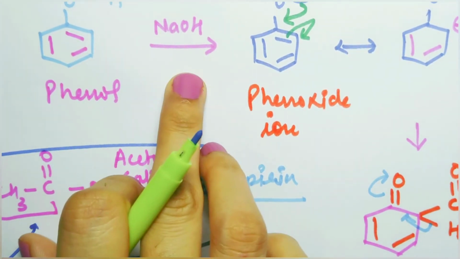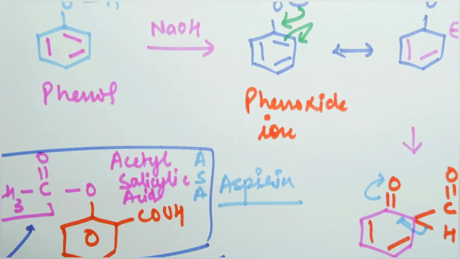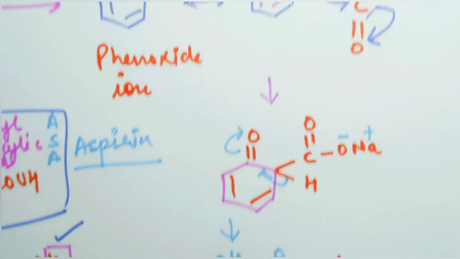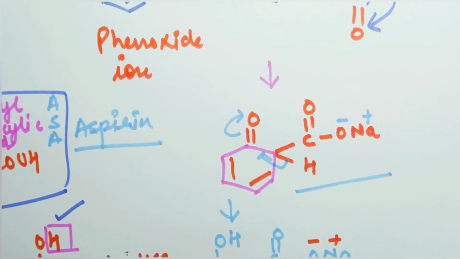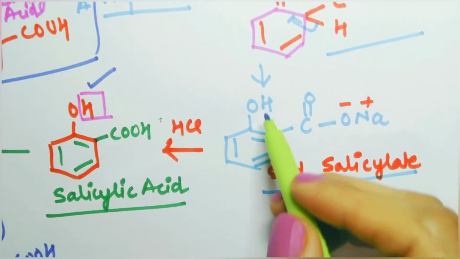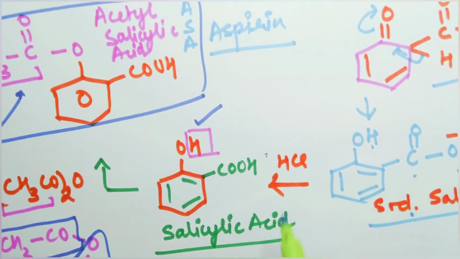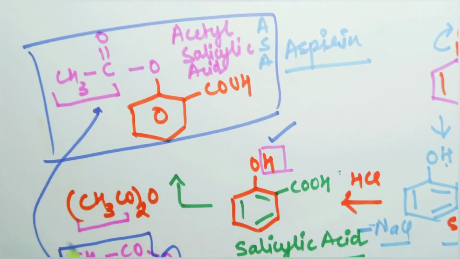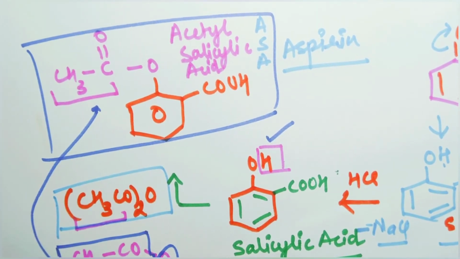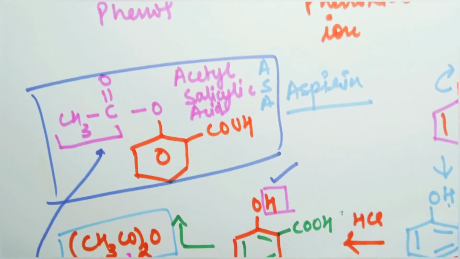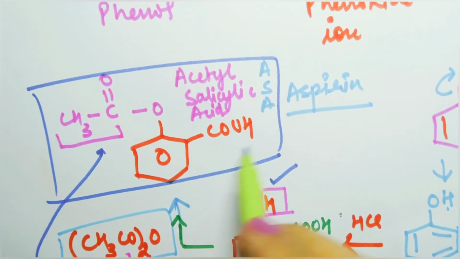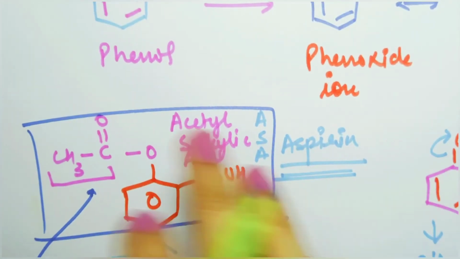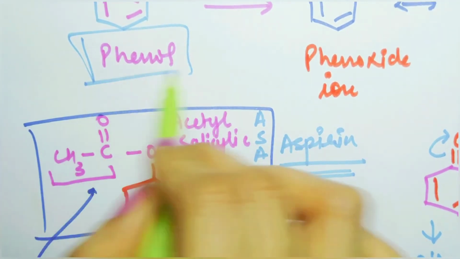Phenol, in presence of NaOH, forms phenoxide. After that, on reaction with CO2, there will be formation of the COONa sodium salt. Then sodium salicylate formation is taking place, OH, COONa. In presence of HCl, removal of NaCl is taking place. After removal of NaCl, we are taking anhydride. Okay, and then on reaction with this anhydride, we are getting aspirin. Fine, this is about the conversion of phenol to aspirin.